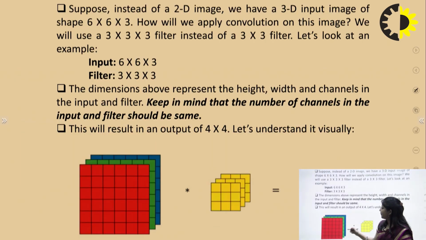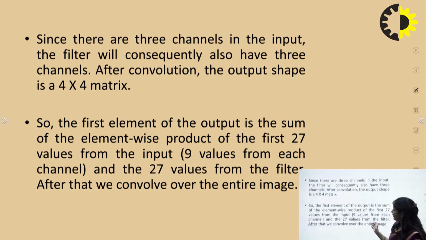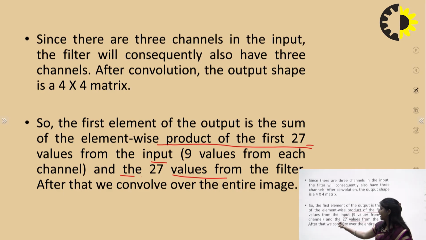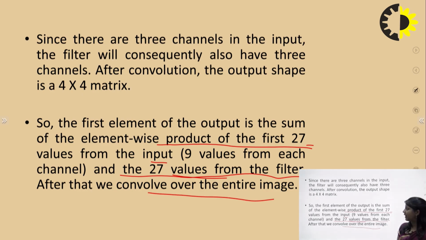So this is the example. Suppose this is the red, green and blue channel and we apply 3 filters for the 3 channels, and then we get the convolved matrix, the convolved features. The first element of the output is the sum of the element-wise product of the first 27 values, because the filter is 3 by 3, which is 9, times 3, that is 27 input values, 9 values from each channel, and 27 values from the filter. After we convolve over the entire image,